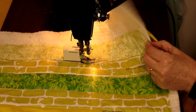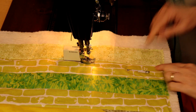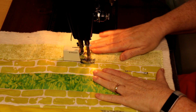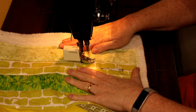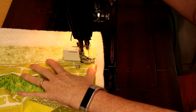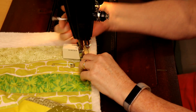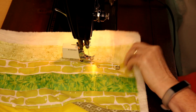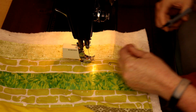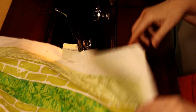Okay, we're now coming up to the last pin, and everything else is quilted except this little area here. And I want to explain something to you about this. So let's just get this done real quick like. And we're going to back up in the area where the binding is going to be, the seam allowance where the binding is going to be. Now, I'm going to show you, hopefully the camera's going to be able to pick this up. When I take out this pin,